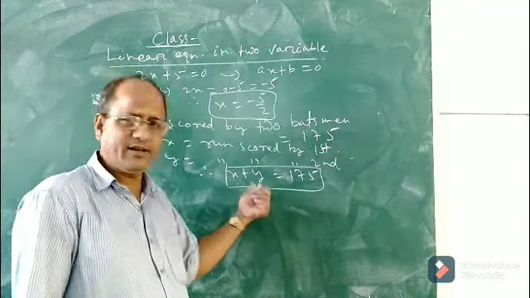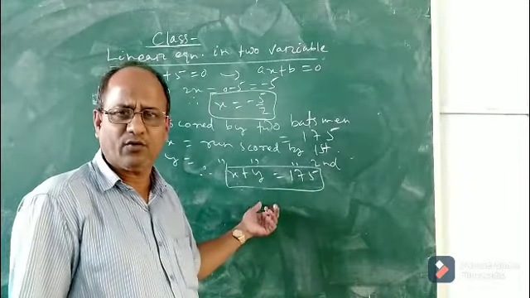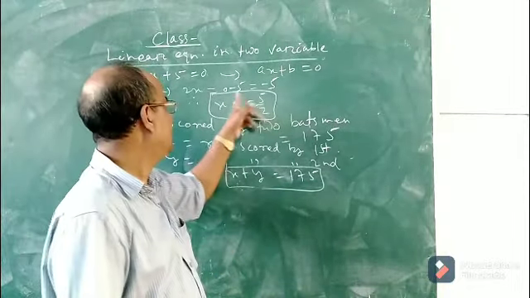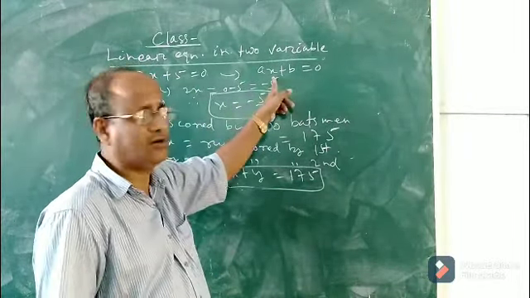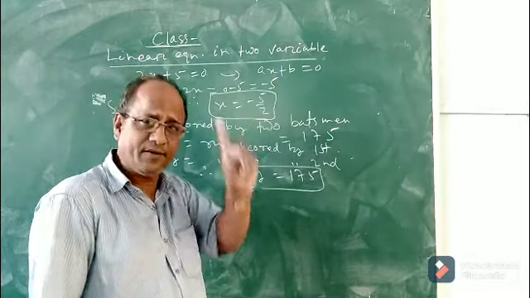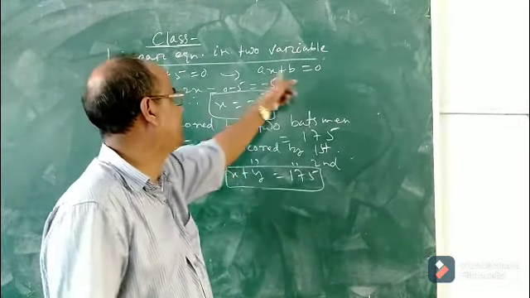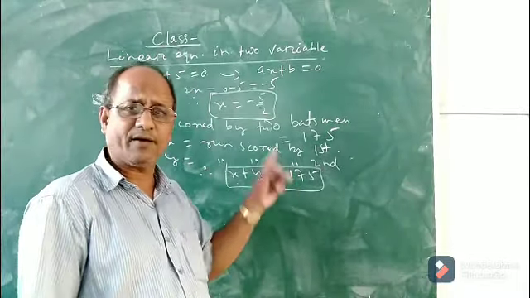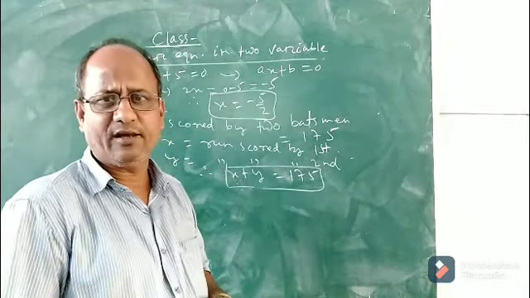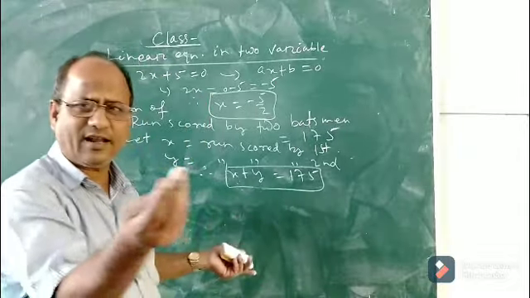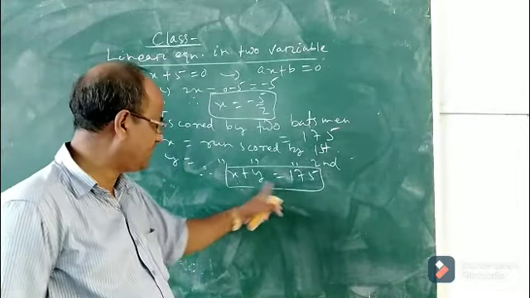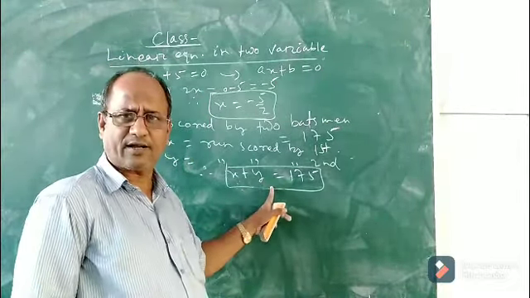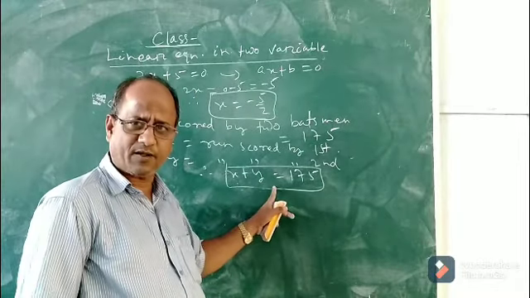Now, if this is a linear equation in two variables, what will be its general form? Like a linear equation of one variable, I told you this is the general form, meaning every linear equation in one variable will definitely be in this form. Then what will be the general form of every linear equation in two variables? Let us discuss. It can easily be answered, children. Let us consider this particular example: if you are given x plus y equal to 175.